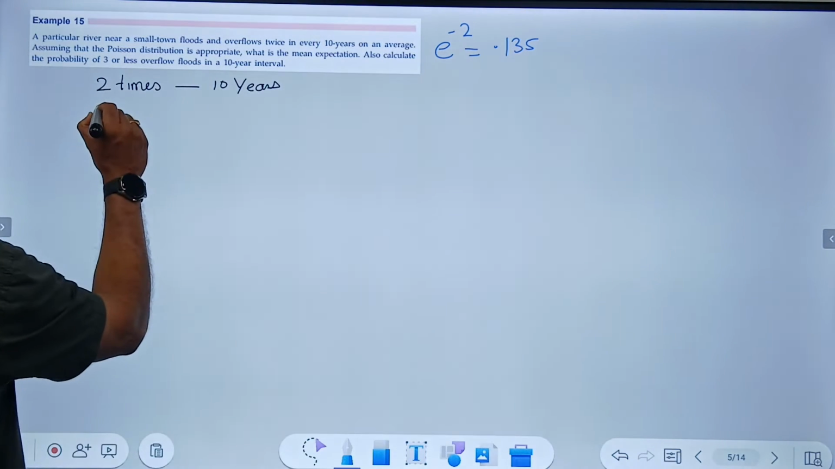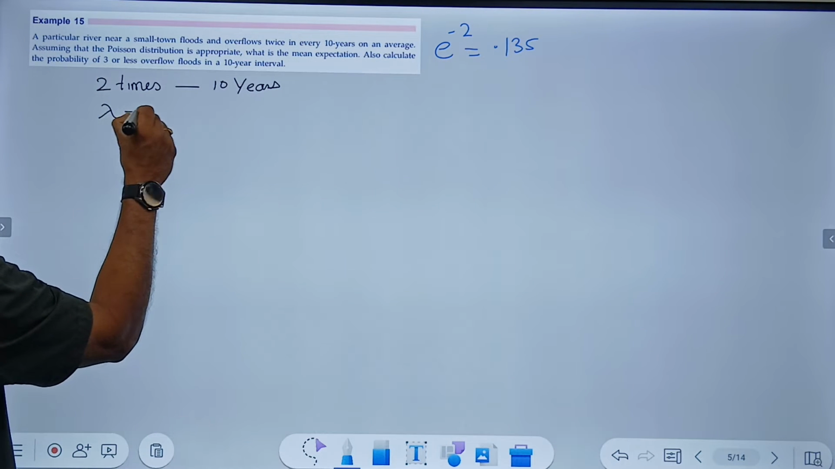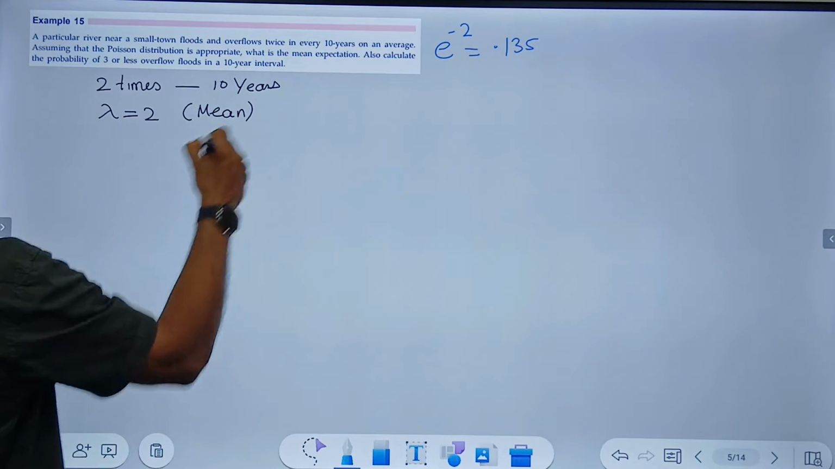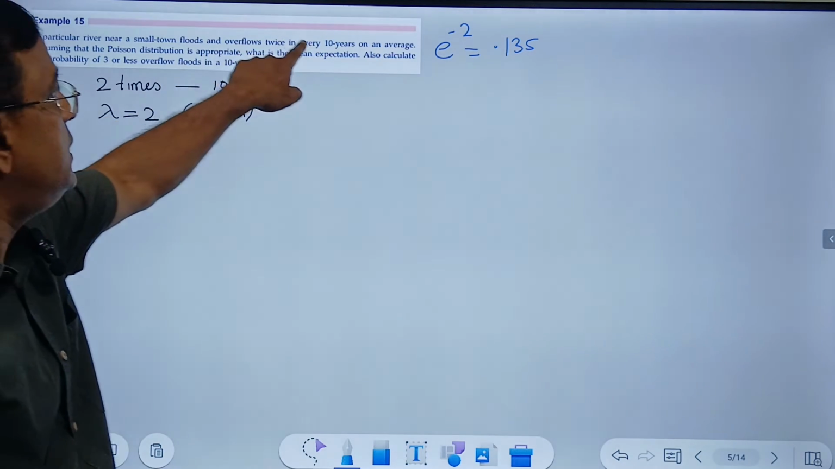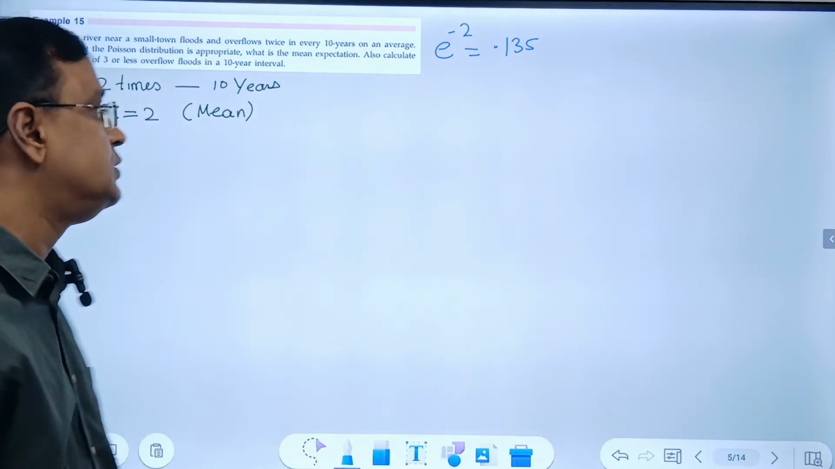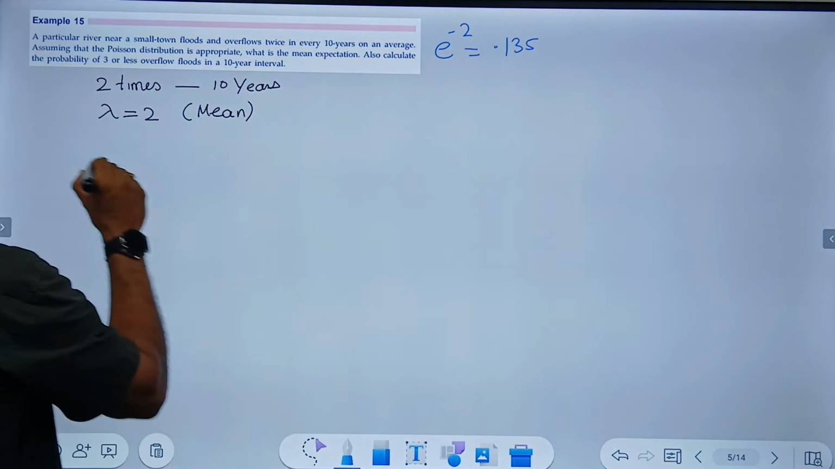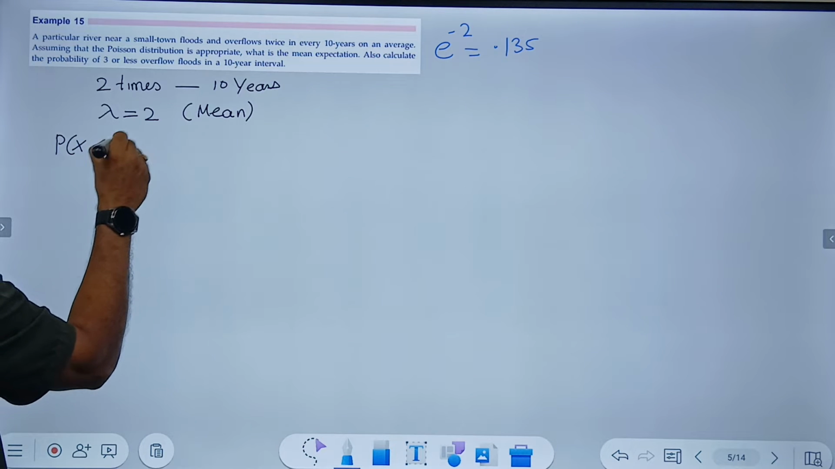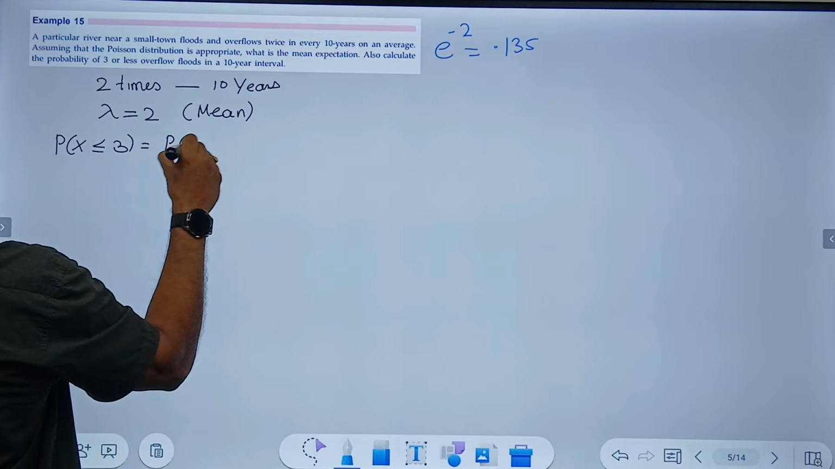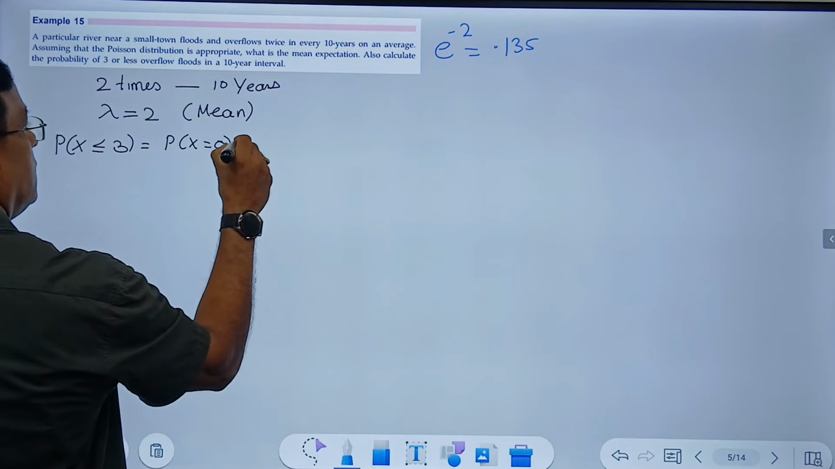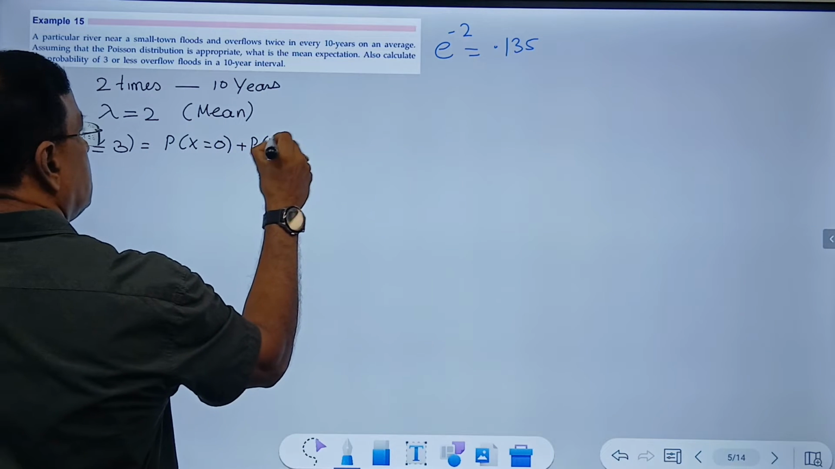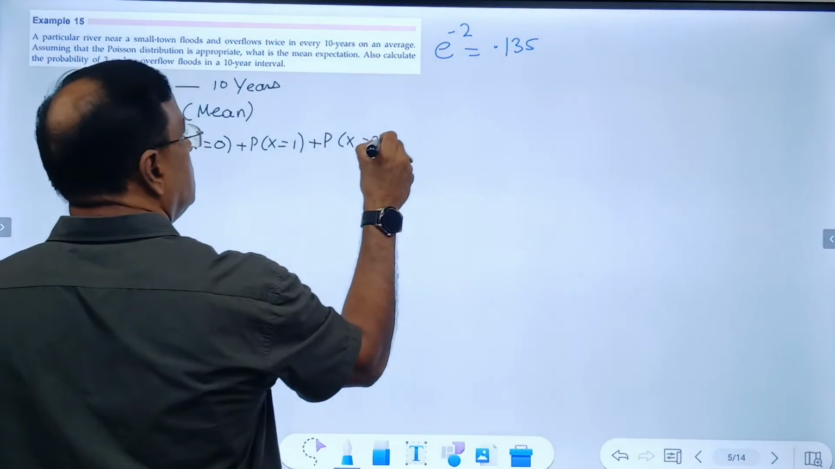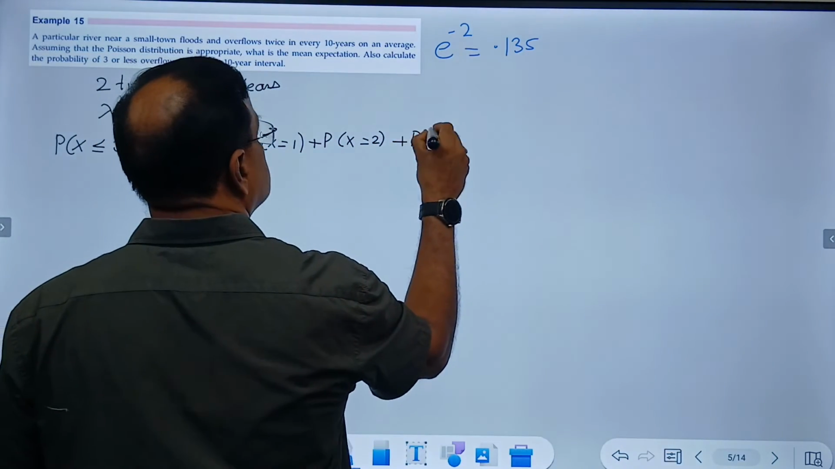So my lambda will be 2. This is the mean. Okay, it floods twice in every 10 years, so that is the average. Now I want to find P of x less than or equal to 3, which is P of x is equal to 0 plus P of x is equal to 1 plus P of x is equal to 2 plus P of x is equal to 3,